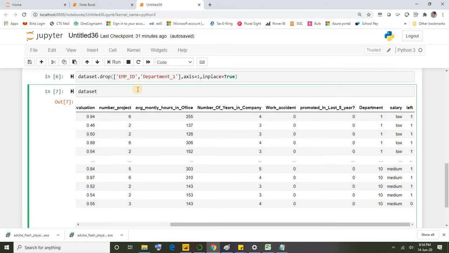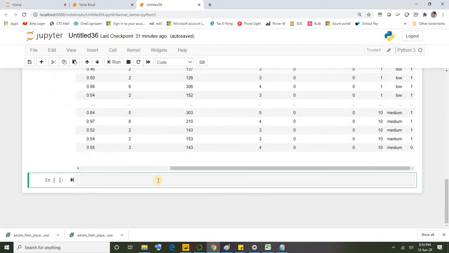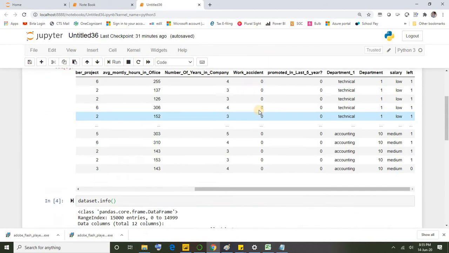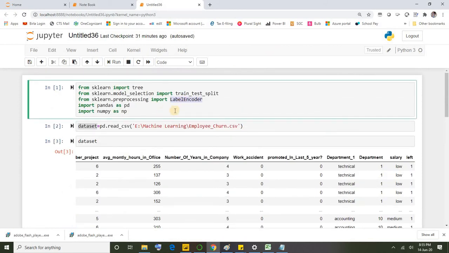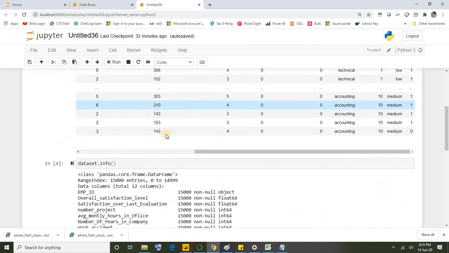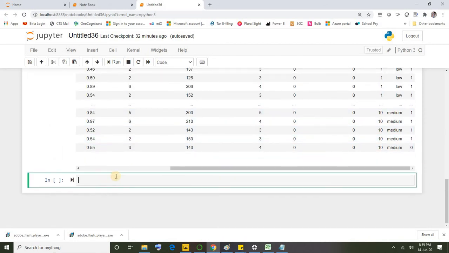The advantage of using decision tree is, decision tree is the only algorithm which will work even for categorical data as well. Okay, it works for numerical as well as categorical data. So without even converting also we can continue, but let me show you guys how we can convert. For that I just imported one package, that is label encoder from scikit-learn. That's part of pre-processing. Okay, let me use that to convert our categorical data into numerical data. All right, label encoder.